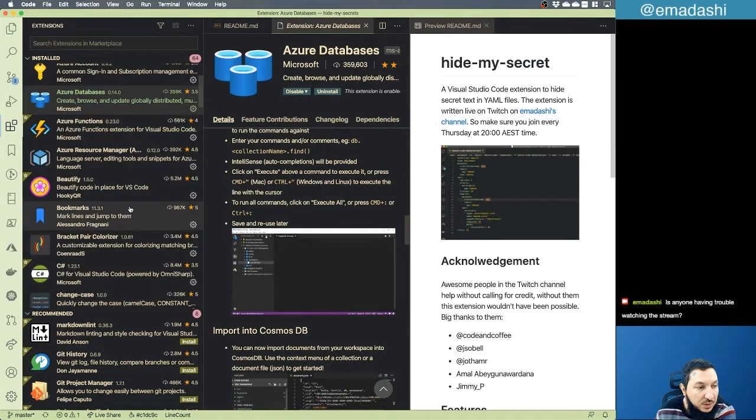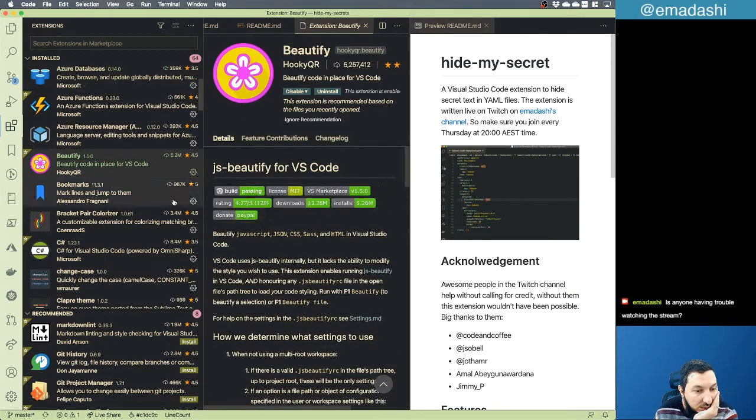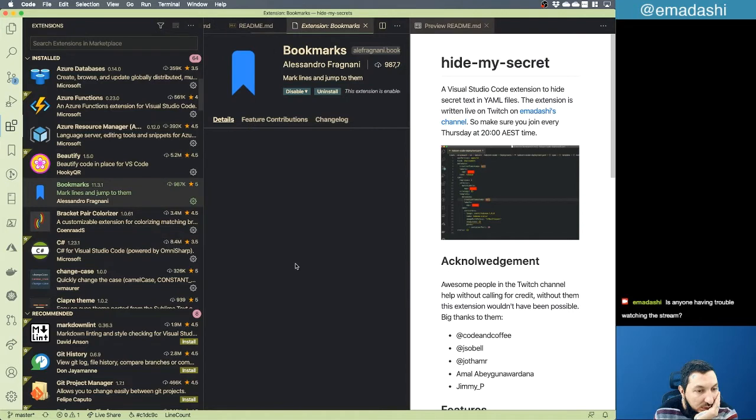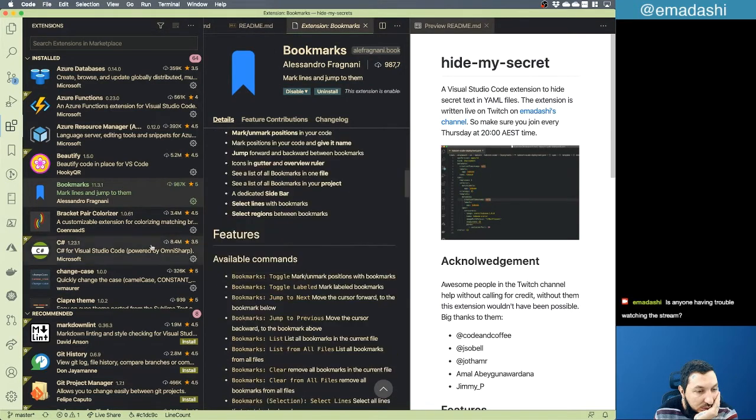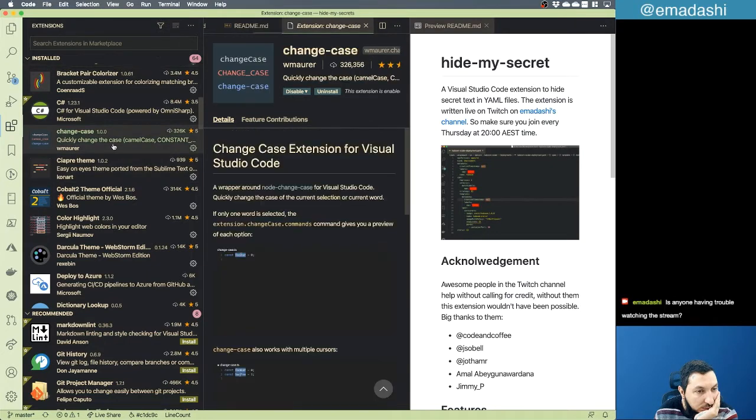Database. What is something? Beautify. Bookmarks. No. Nothing. Oh, here we go. So if we go to the repository of this extension,